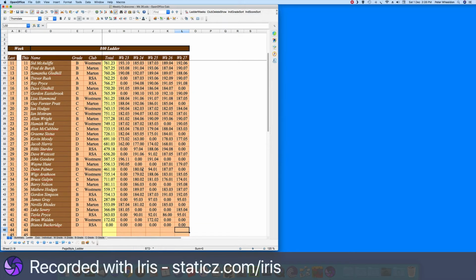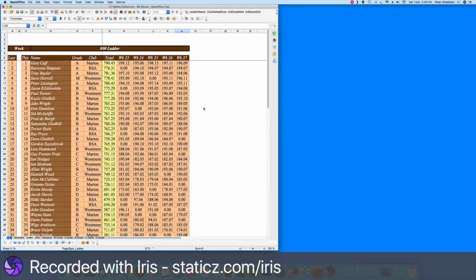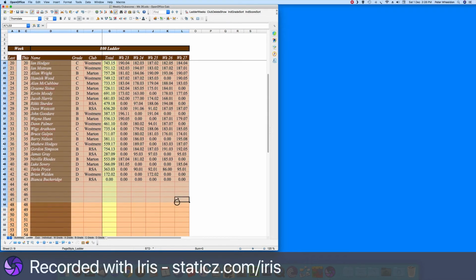And that way the formula in the ladder total will work. So now that we've got all that in there, we now need to sort it. So we'll select all of that and data sort,